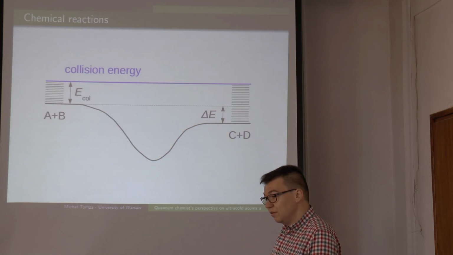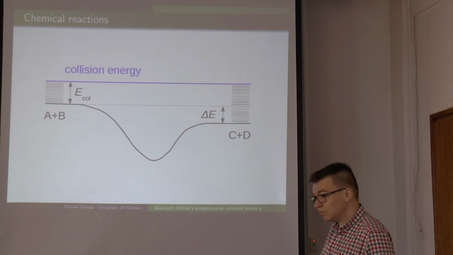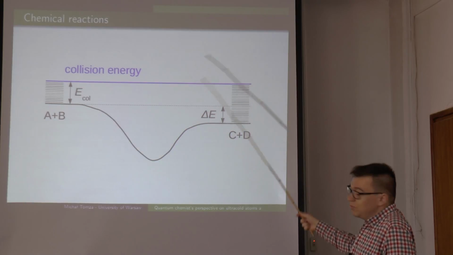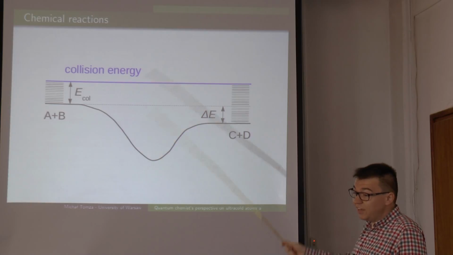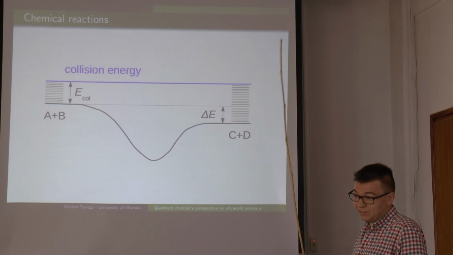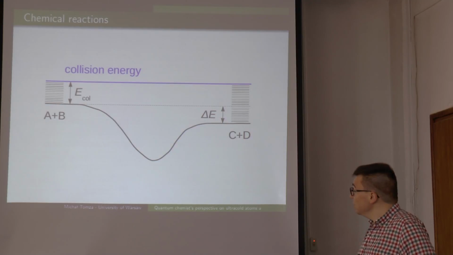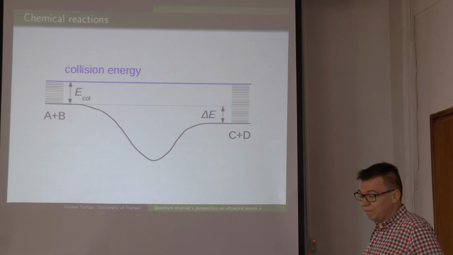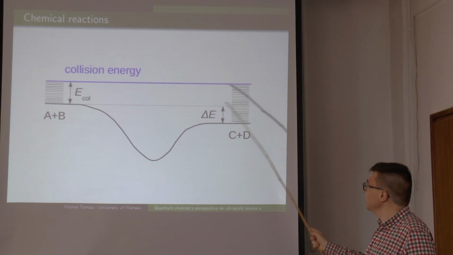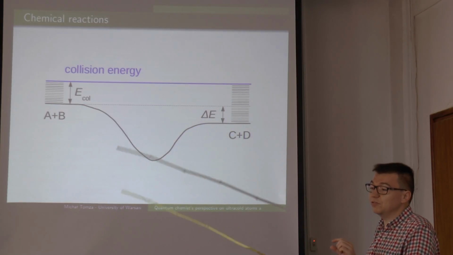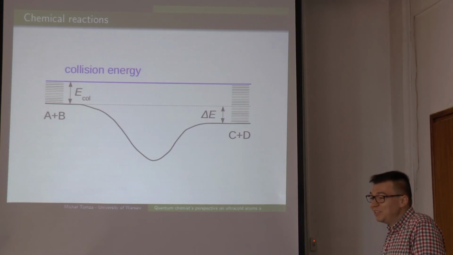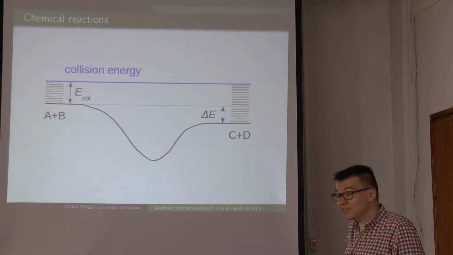Your area of interest is the energy release in the form of collision energy or photon? It can be in different ways. In the case of a chemical reaction, it will rather be collisional energy plus the internal energy of rotations and vibrations. In general, yes. In this kind of reaction we don't have radiation, because let's assume that this kind of energy release is very small, so the wavelength would be very long. There is always a finite lifetime.